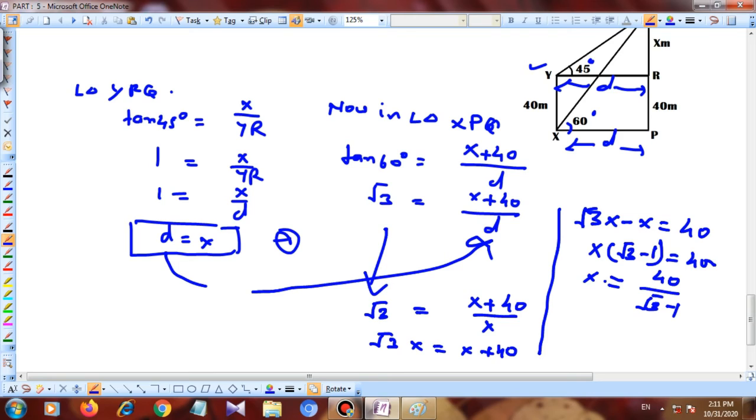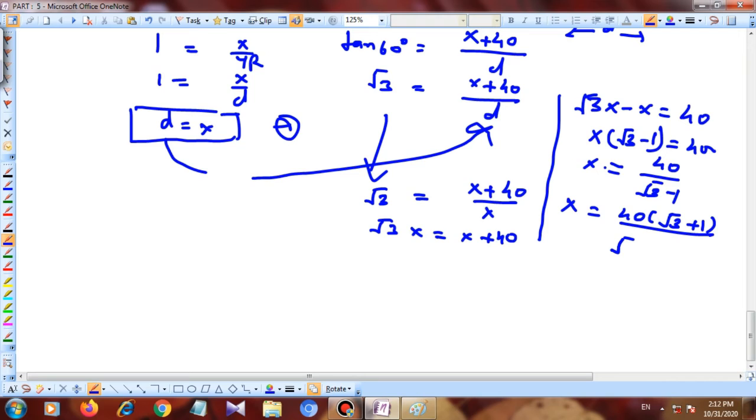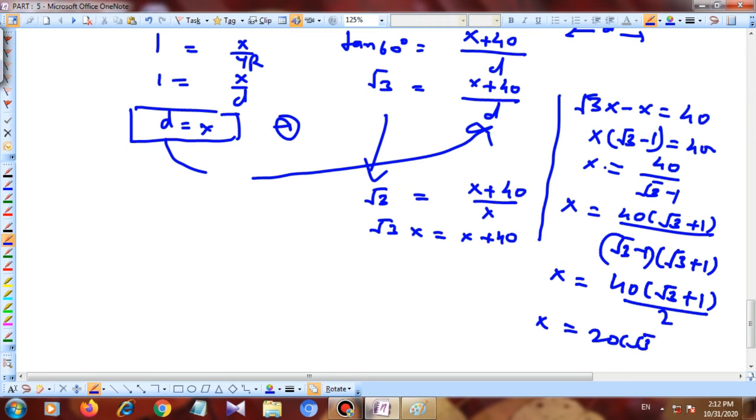So multiply by the conjugate of root 3 minus 1, then you will get 40 (root 3 plus 1) upon (root 3 minus 1) into (root 3 plus 1). So x equal to 40 (root 3 plus 1) upon 2. So this is 20 (root 3 plus 1) meter. So value of x is 20 (root 3 plus 1). Now